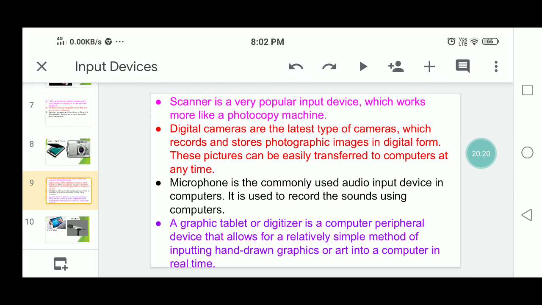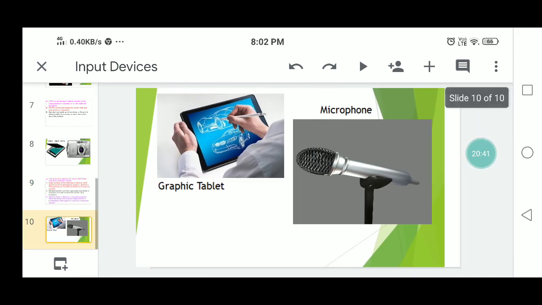The recorded sound signals produced by the microphone are sent to the sound card of a computer. This card converts these analog sound signals into digital signals. This is the working nature of the microphone.